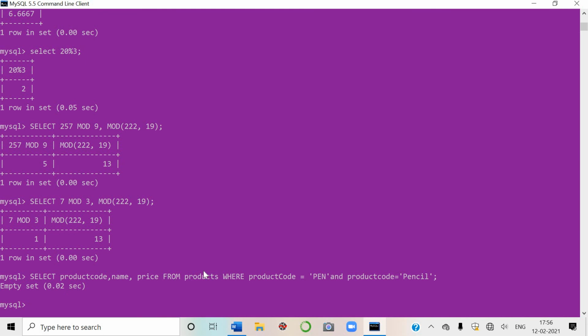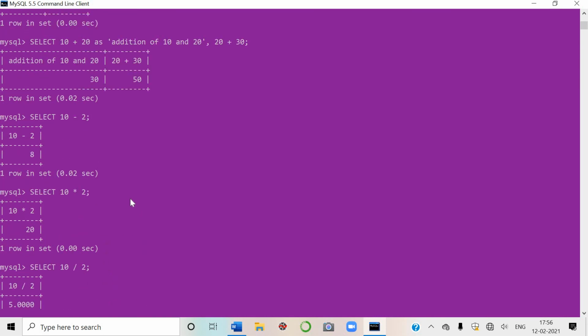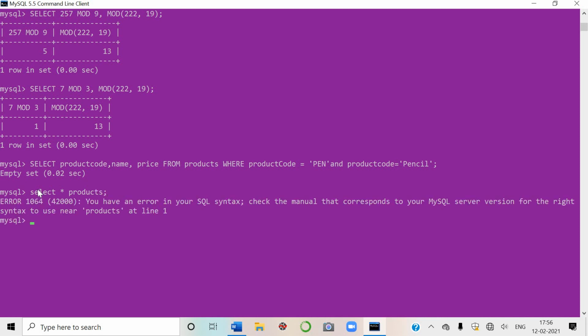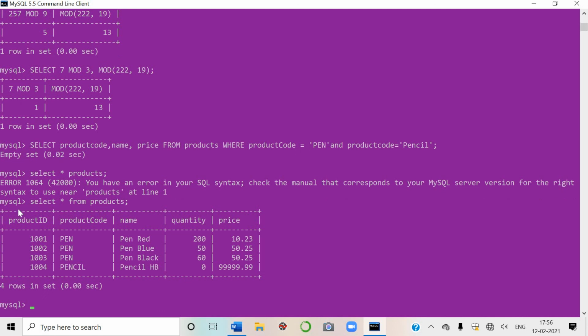This is the empty set because in the table, see, first, okay, I'm going to show you the records of table products. Select star, okay. See here, there is no such code which has both the names pen and pencil.